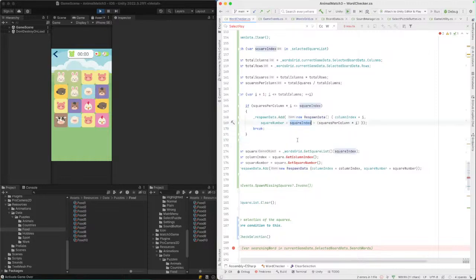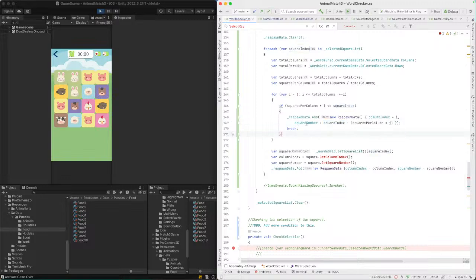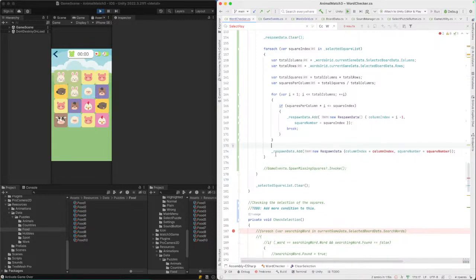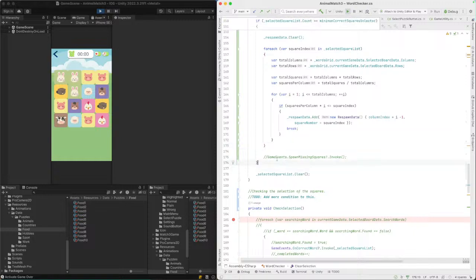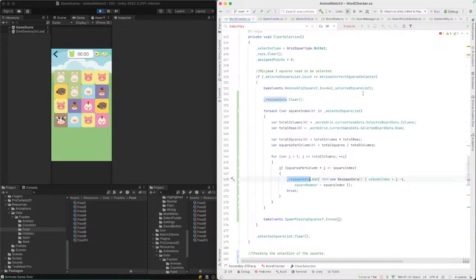So the square number is the square index, and the column index will be I minus 1, because we're starting the columns from 0, and we're looping through from 1. And then once we're done with this, we can call this event, and we can actually pass our respawn data,